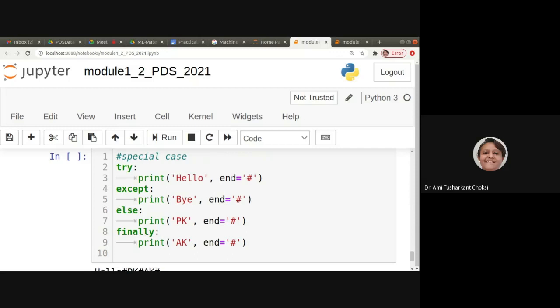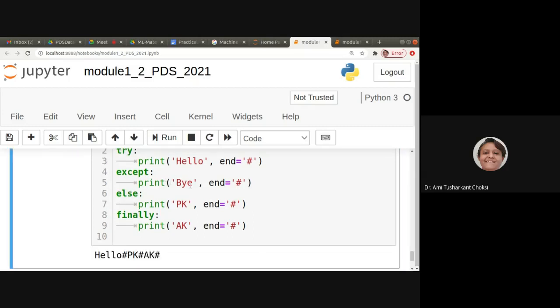Now, special cases where you can use try, except, else, finally. What happens? Try. So hello we are able to get. Should we be able to get the except output? No, it is not there, because in except we have not specified what type of exception we want to consider. I mean, in general the exception is there.